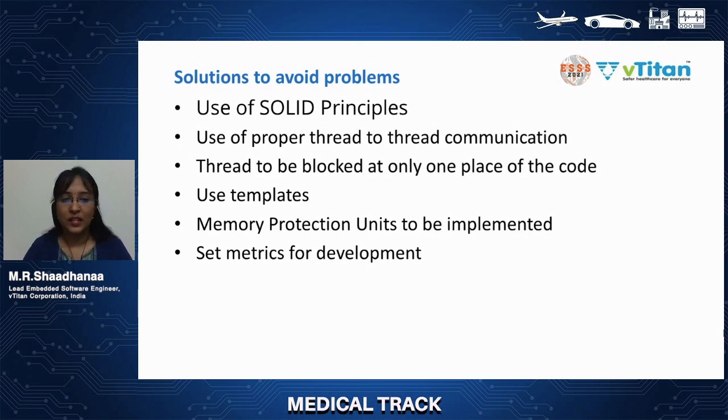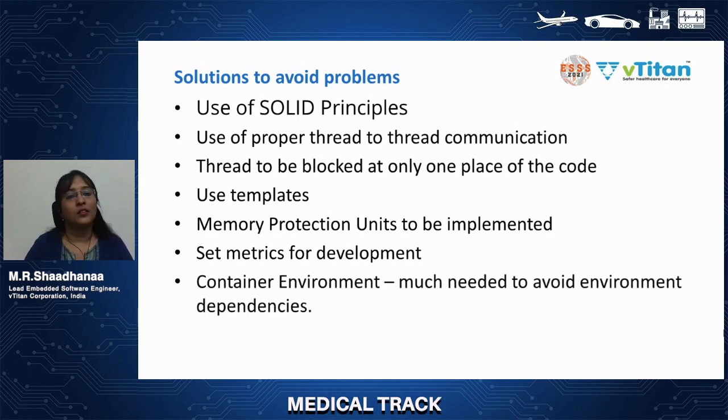And it is always good to set metrics for our development. This varies from person to person and company to company. Here, I would like to suggest a few metrics. Always check the cyclomatic complexity of each function and set a particular level for that. And it is good to go over the test coverage reports and always go through the bug reports, so that we'll get a clear idea where the problem arises and how it could be fixed for the longer run. And at last, container environments are now getting more popular, just to avoid environment dependencies.